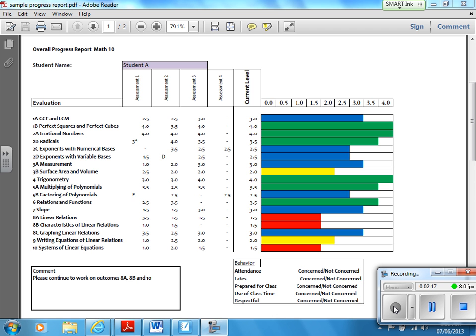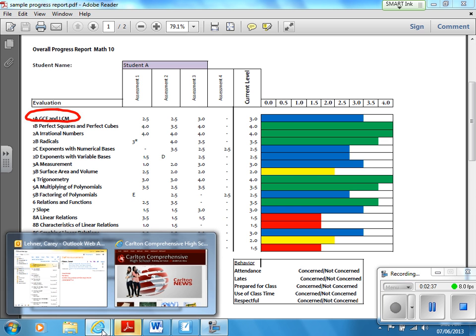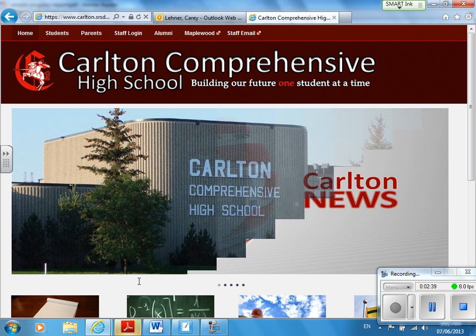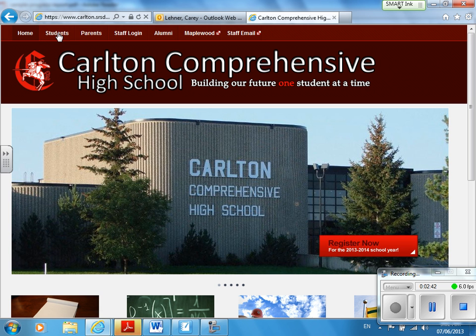So if you were wanting to figure out what outcome 1A, GCF and LCM, actually entailed and what your student is being assessed on, you could go and look up the specific rubric. There is going to be another video on how to read the rubrics, but I will show you where you can find them. If you go to the Carleton homepage and you click on the Students tab,